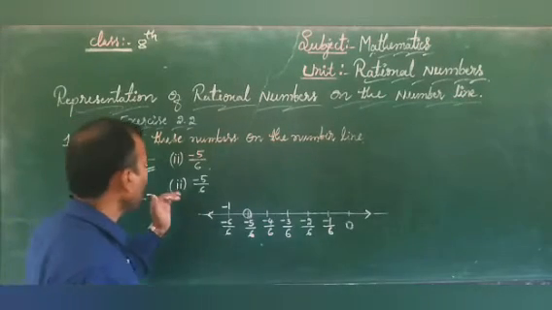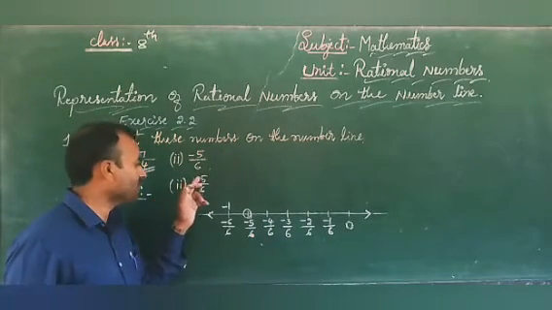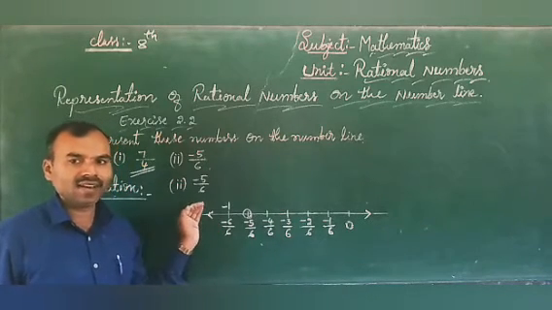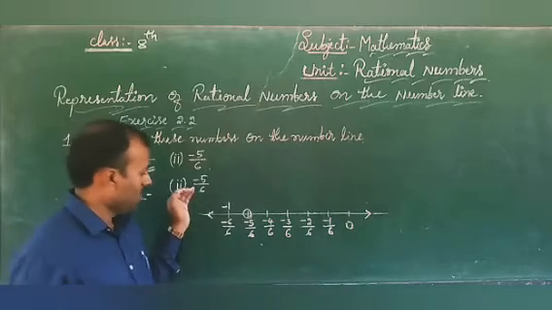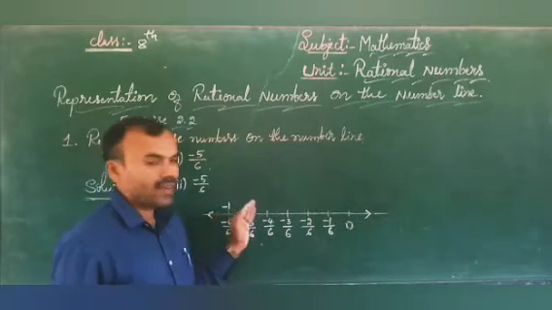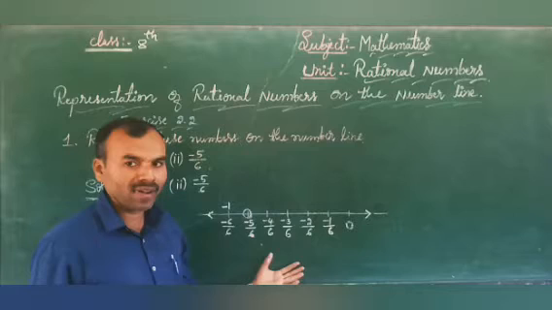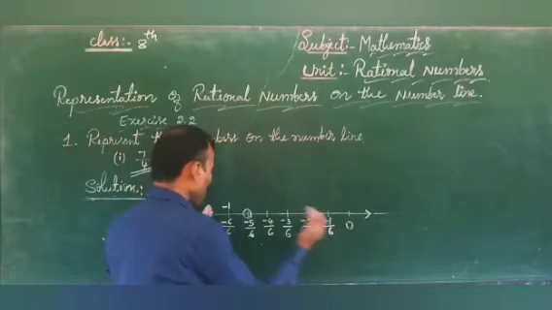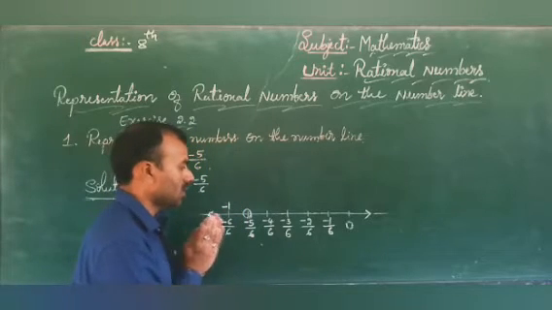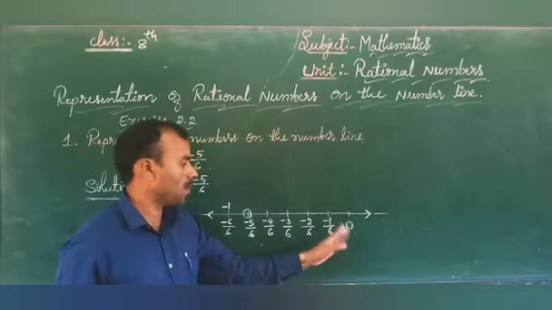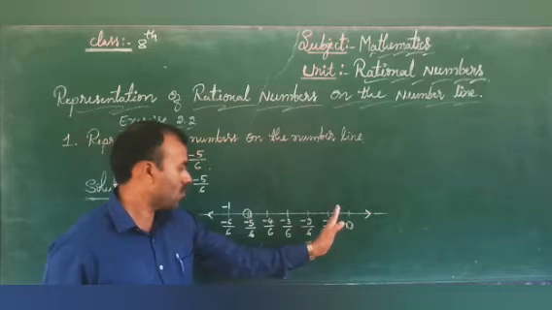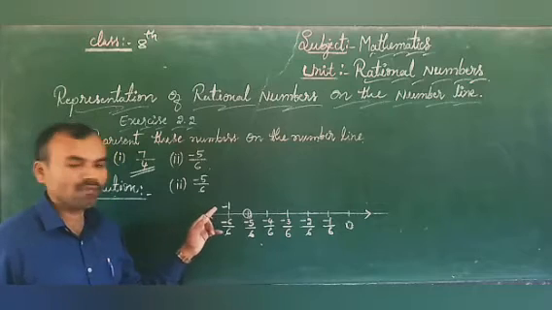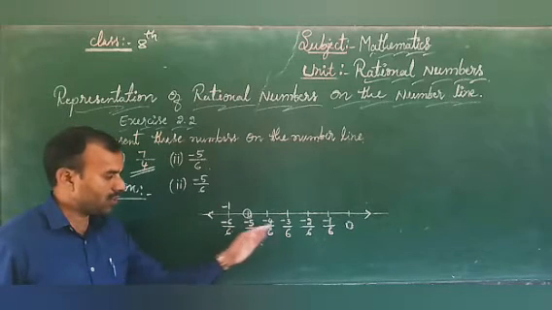Dear students, now represent minus 5 by 6 on the number line. This is the rational number. I have already drawn a number line. It is between 0 and minus 1. Here it is 0, and if we move to the left side of 0 from minus 1, in between those two,